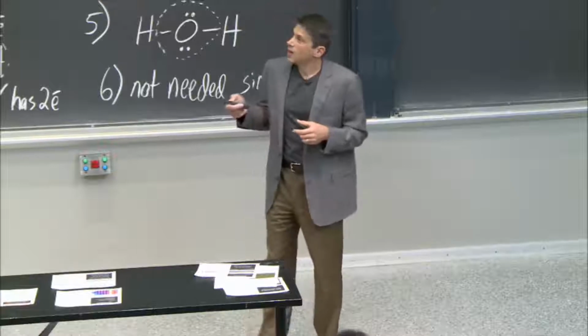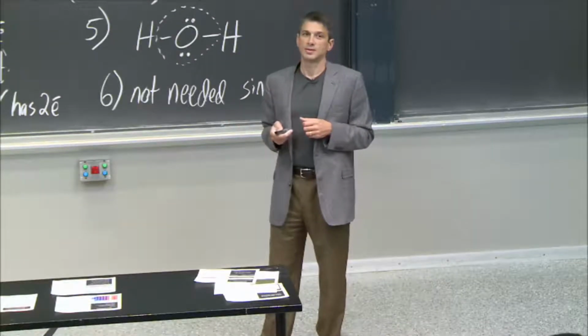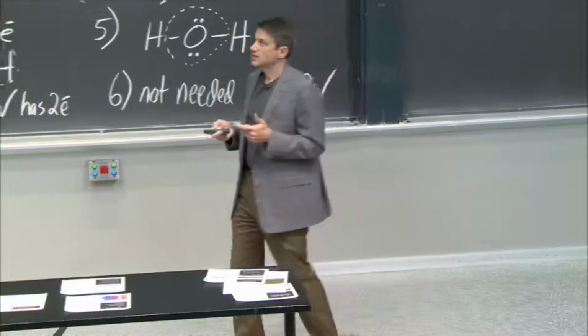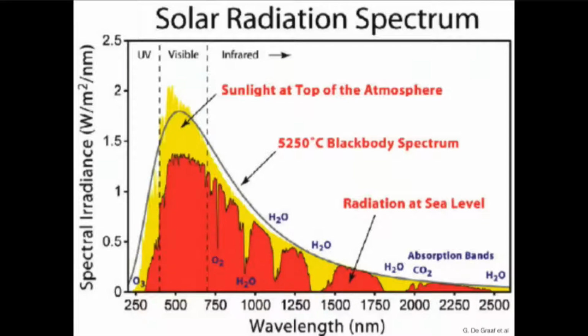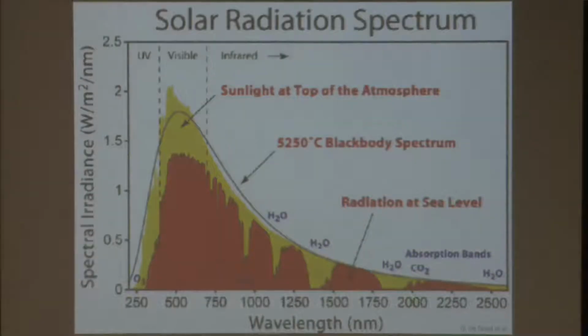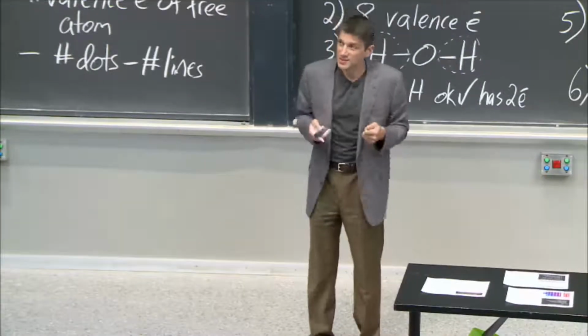Why does it matter? And why does this Lewis structure matter? It has to do with how it moves. Because I showed you this before, and I didn't complete it because we were talking about electron transitions. Then I gave you the example of ozone being really important for absorbing in the UV, and I showed you the chemistry of ozone degradation with CFCs. But look at this absorption out here. There's CO2. There's the sunlight above the atmosphere, here it is on Earth, and you can see CO2 there. The reason CO2 absorbs there has to do with how it moves. It has to do with its vibrations.